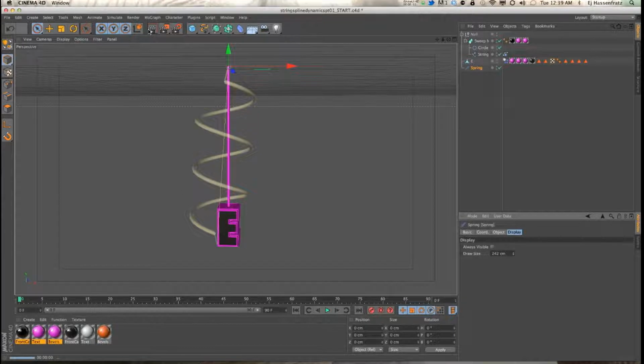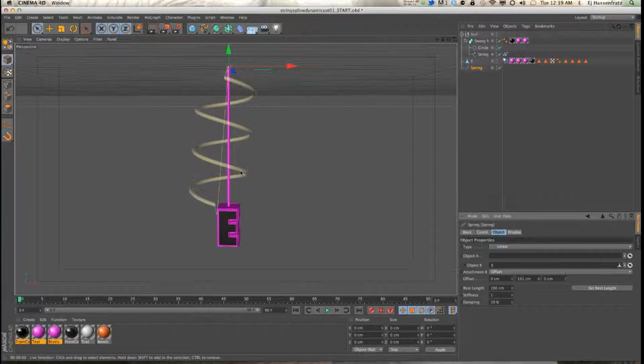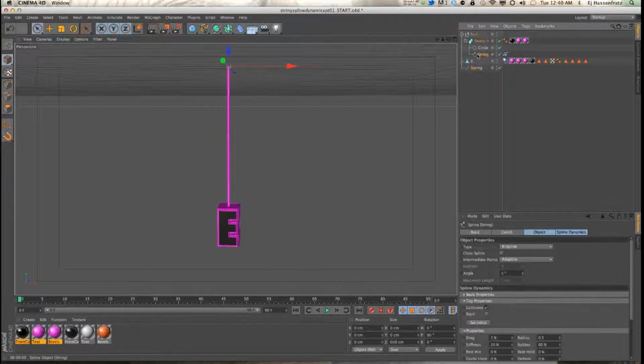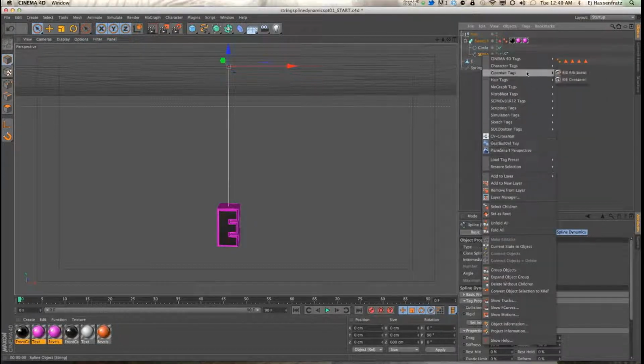It doesn't render out, but you have a visual reference of what this spring is going to look like. And you can see that we actually need to bring this up in the offset to actually make it look like it's working the way we want it to. Now we have to connect our string to the E. So how we're actually going to do that is